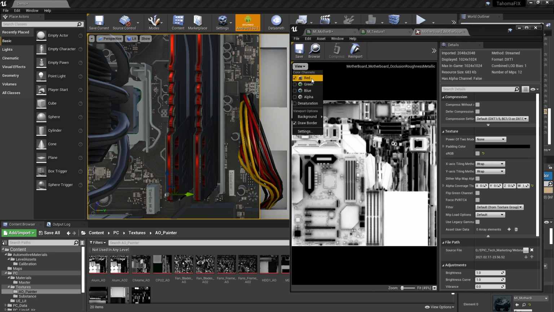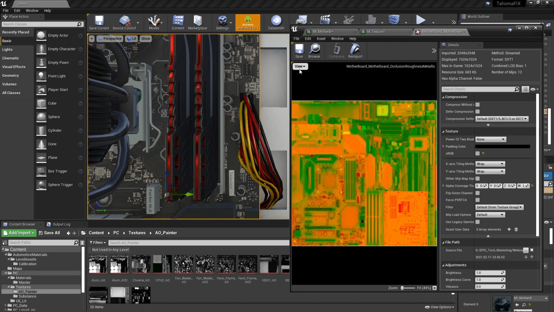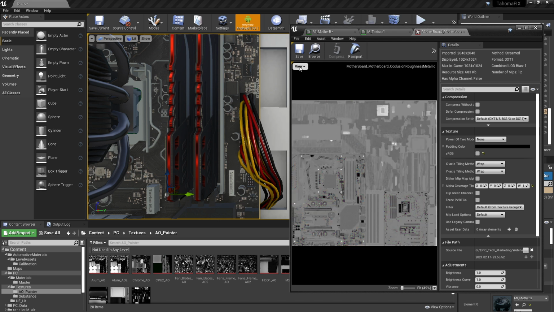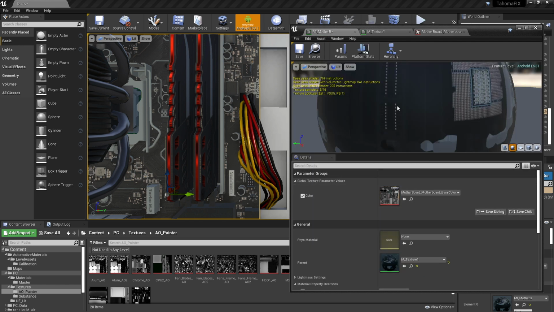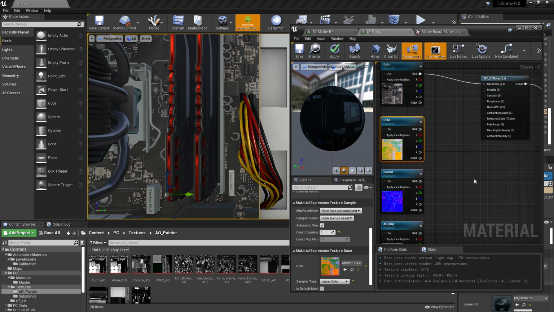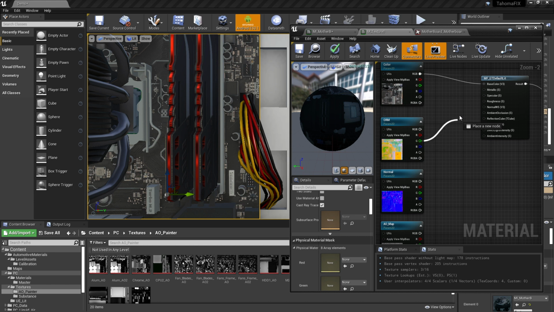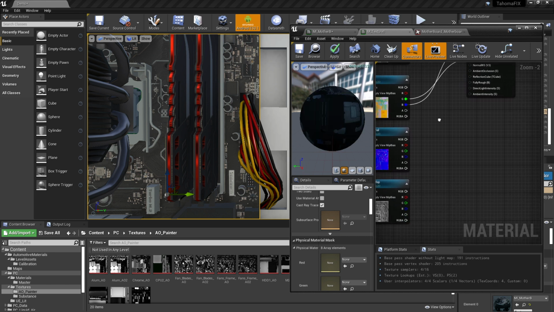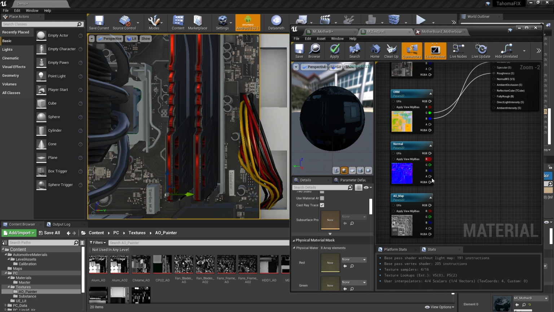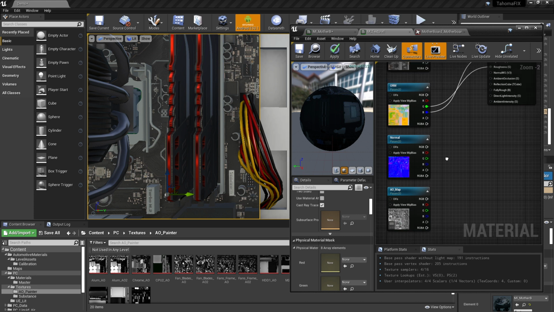On my red channel, I've got my detailed AO. On the green channel, I've got the roughness. And then on the blue channel, it's going to be the metallic. By combining all of those together, it saves a little bit of information, which is going to make things run a bit more performant on the device. So let's go ahead and add in the roughness for this, as well as the metallic, which is pretty straightforward. And then for the ambient occlusion, I'm actually going to use these 2 different maps.